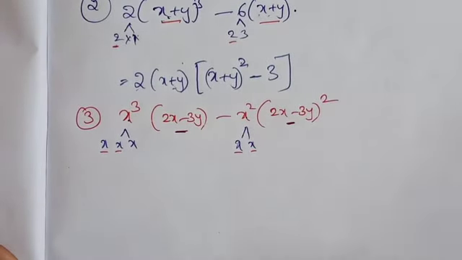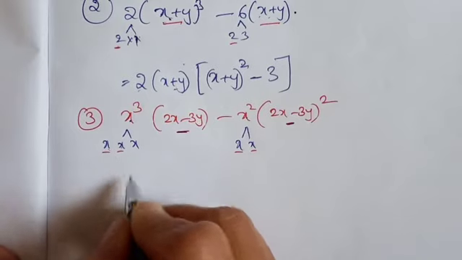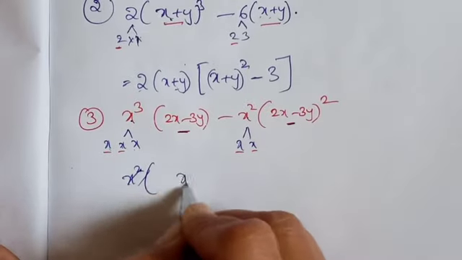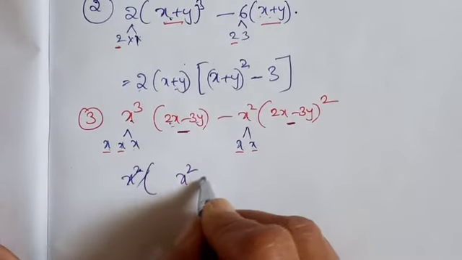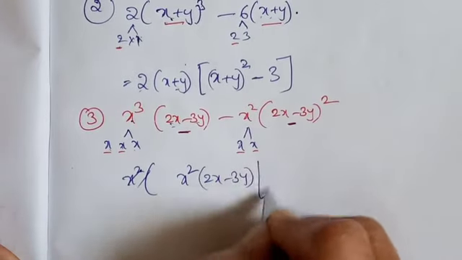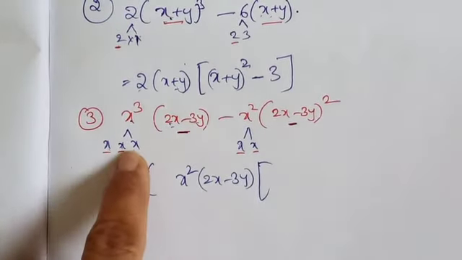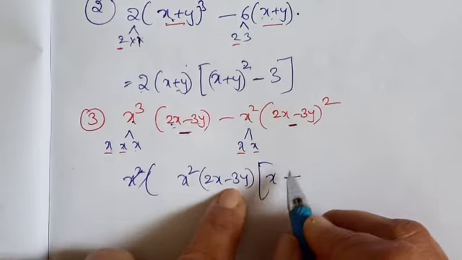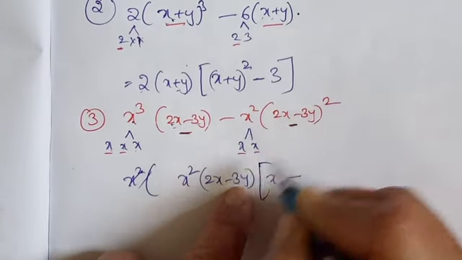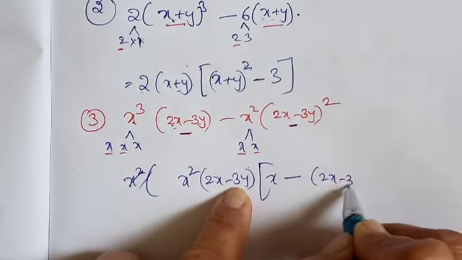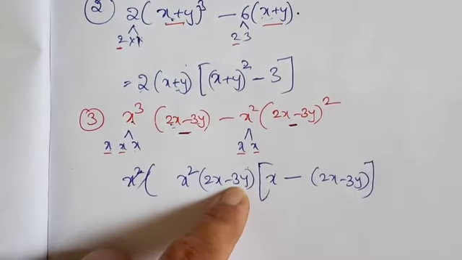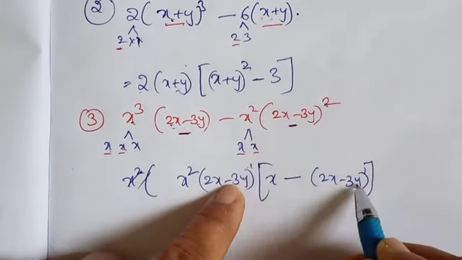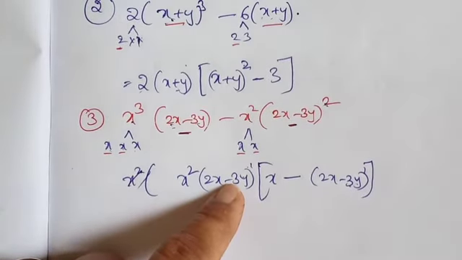So now what I am going to do is, x into x square, what is left? x square, and this one also there, no? (2x minus 3y) is common. And what is left? I have taken x square common, (2x minus 3y) I have taken common. So 2 minus 1, only 1 factor will be left. See, 1 plus 1 is how much? 2. So 1 I have taken out, so 1 will be left inside, no? So this is the product factorization. Okay.